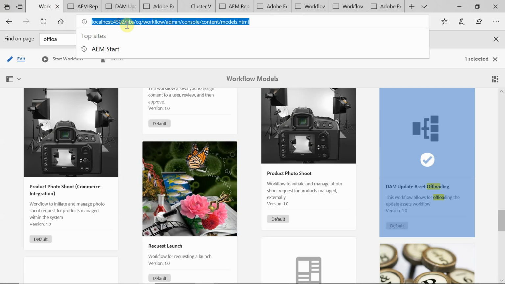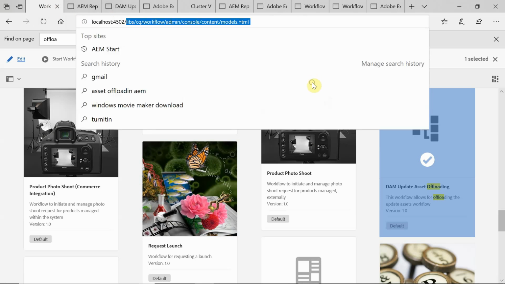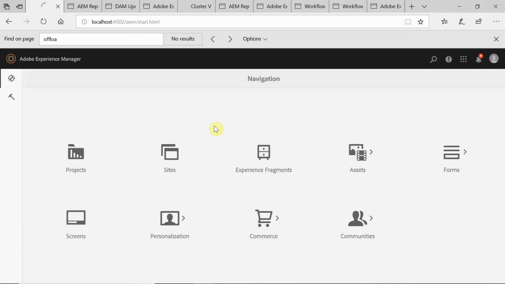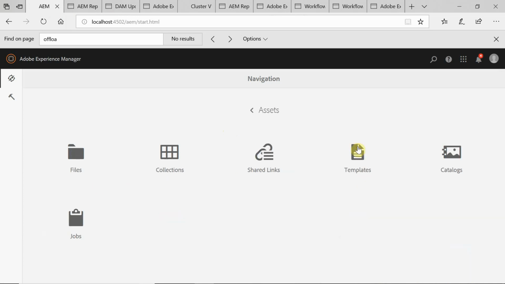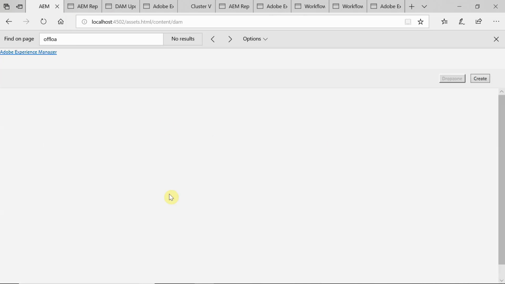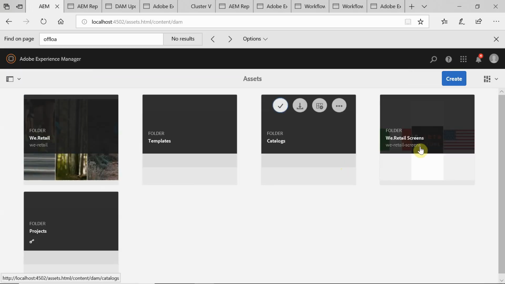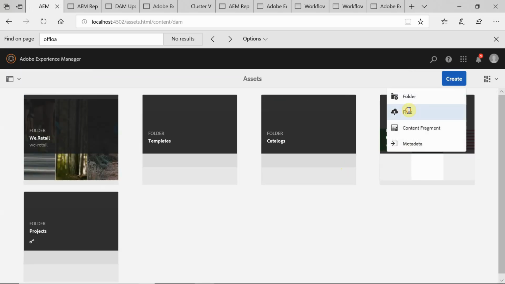I will go to the asset console. Okay, assets, files. Okay, so yeah, let me create a file here.